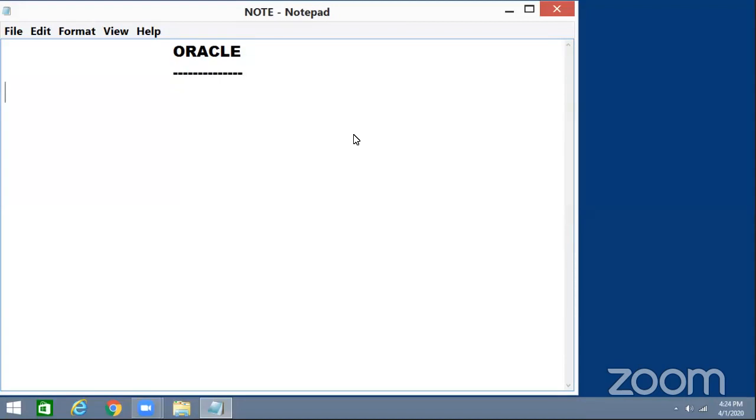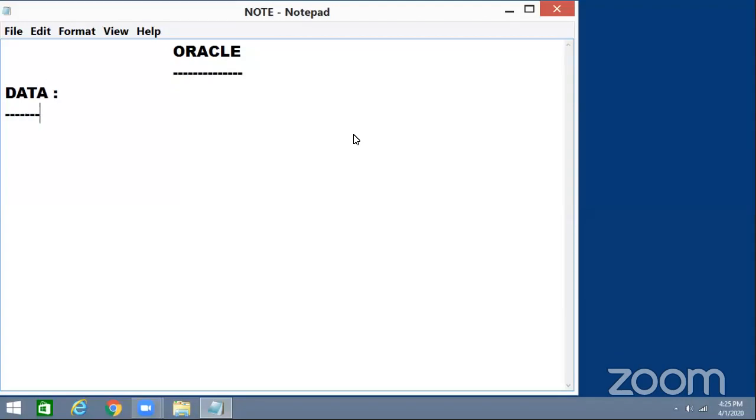Before we go into what exactly Oracle is and get Oracle information, first of all we need the basic terms, whatever terms there are in a database management system. So we are going to take the basic terms here. The first term is data.